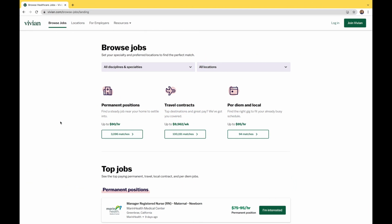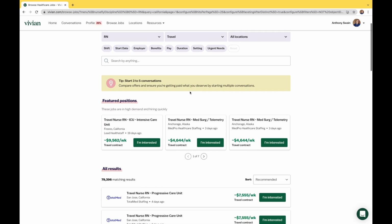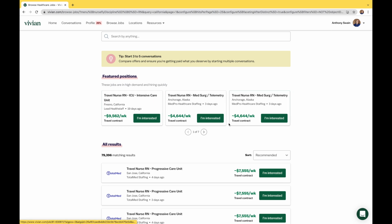So one thing you could do, if you don't already have a company that you plan on using, is use the Vivian Health app. Ooh, what's that? Here's the Vivian Health website. They also have very user-friendly apps on the Apple Store and Android. What's great here is you can browse jobs from all categories: permanent positions, travel contracts, per diem, and local assignments. You can look by specialties or specifically by location. You can actually filter by travel positions solely, and then look through their featured positions,